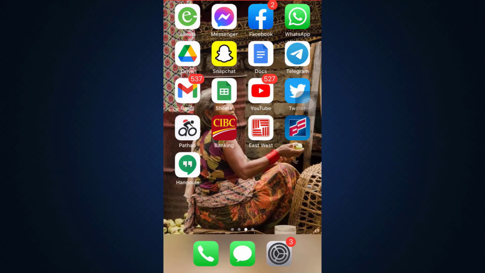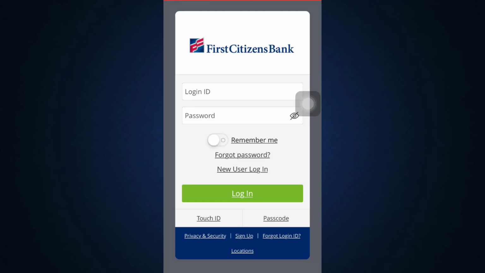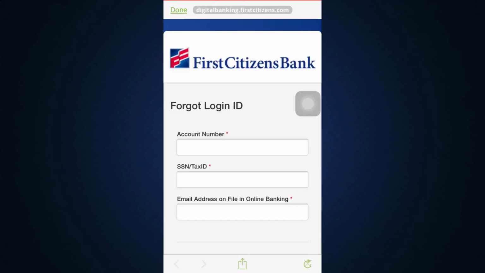So now open up the app. As you open up the app, you land on the login page. Then on the lower section, on the lower right section, you can see an option that says Forgot Login ID. Tap on it. After tapping on it, you are now directed towards an interface like this, where you'll have to